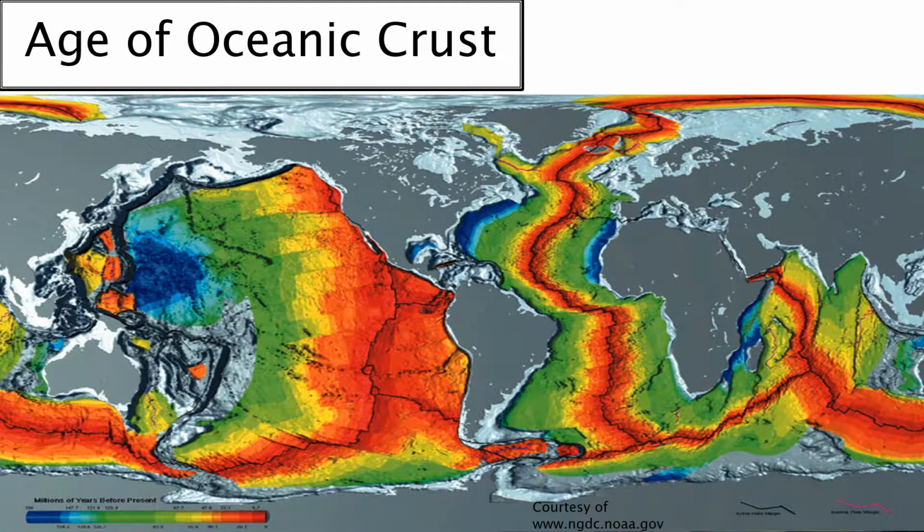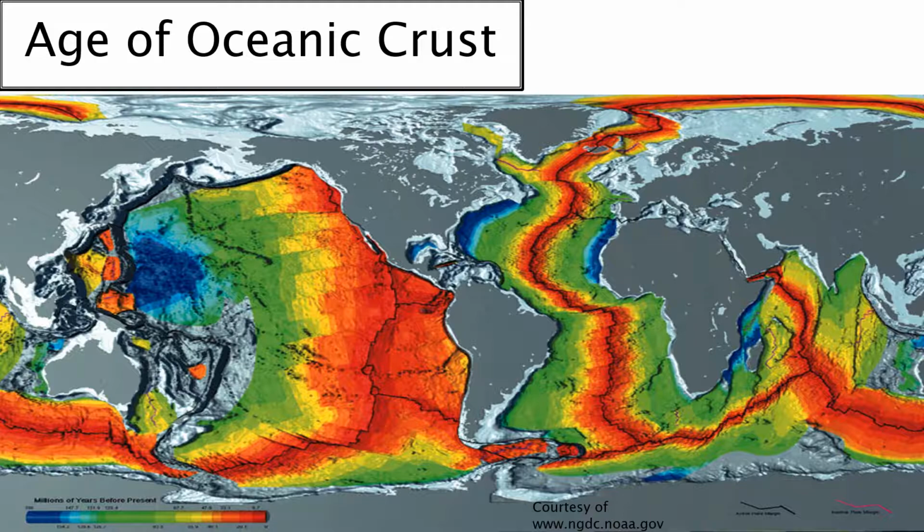So this map shows the age of the oceanic crust. The red coloring shows the youngest ages, while the dark blue shows the oldest ages, which can range up to 200 million years old. So if we look at this, we can try to figure out where divergent boundaries and ridges are located. Because where these plates are